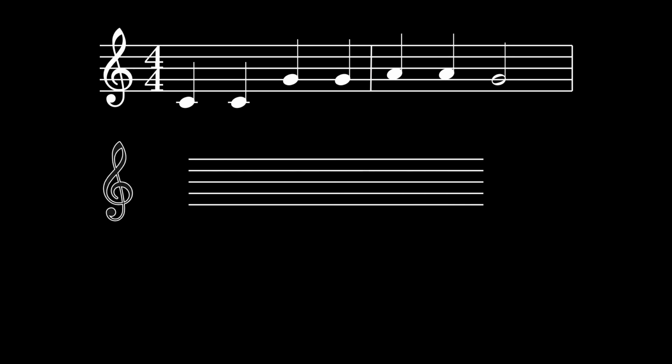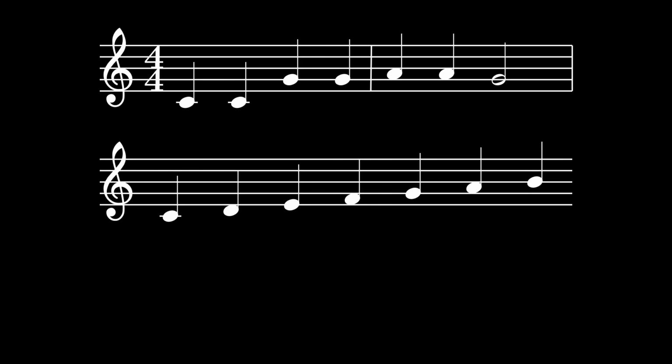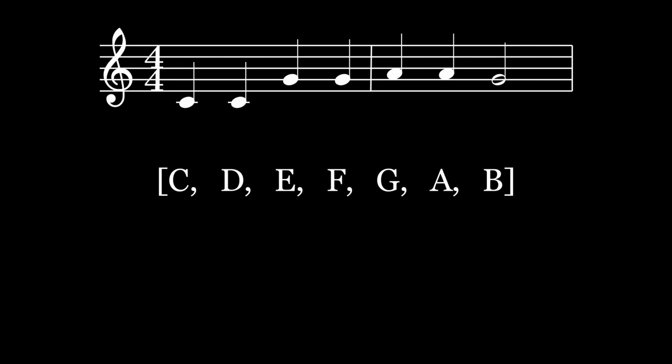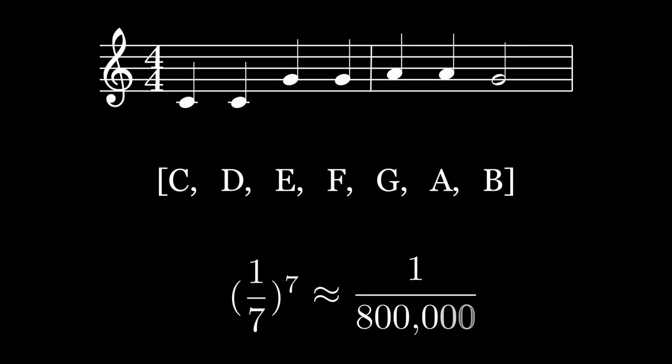Since we're in the key of C major, we should only be selecting notes from a C major scale. And if we wrap our C major scale into a list, we can create a simple algorithm that randomly draws from this list with equal probability. Given that our melody is 7 notes long and that there are 7 notes in our scale, the probability of obtaining the original Twinkle Twinkle Little Star melody is 1 over 7 to the power of 7, or approximately 1 in 800,000. The result could sound like this,